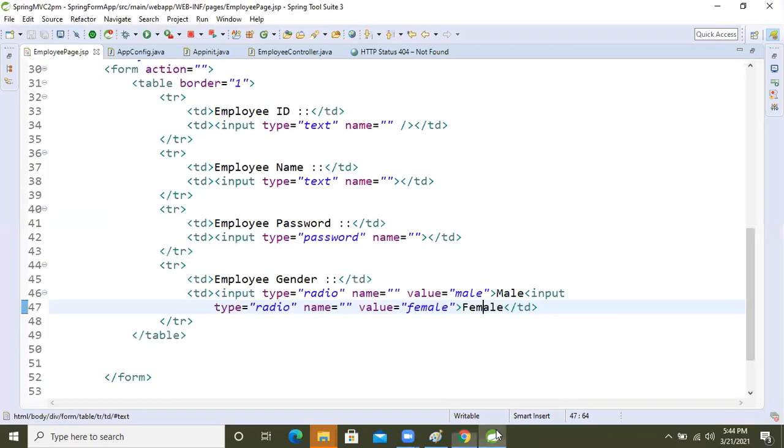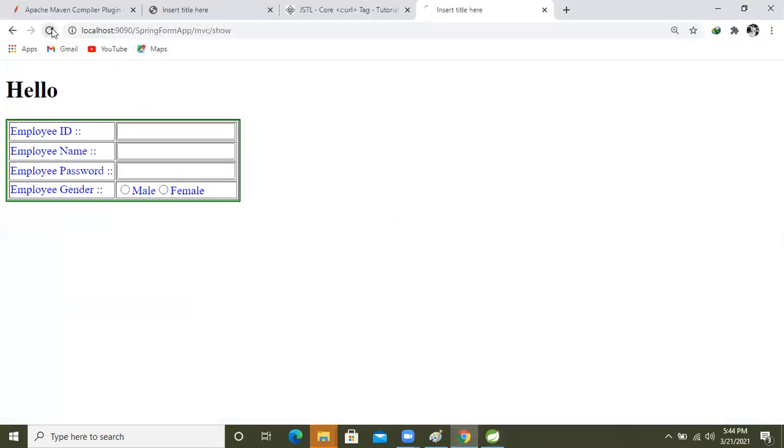I know why. If you just pass the same name, I'm passing R here, and here also R, right? That's it. Now refresh it and you will be able to see that only one selection is possible. Now I'm selecting one, and now the thing is correct, because we passed the same name. I will tell you why later.